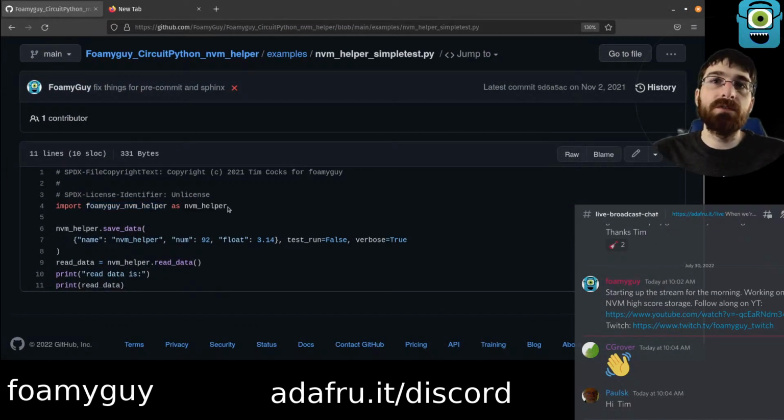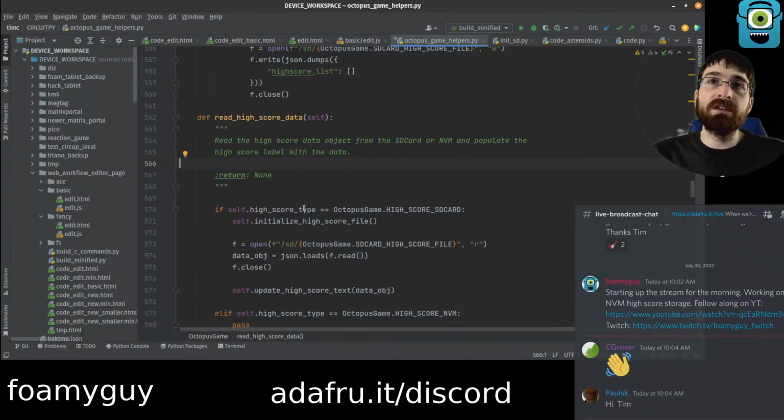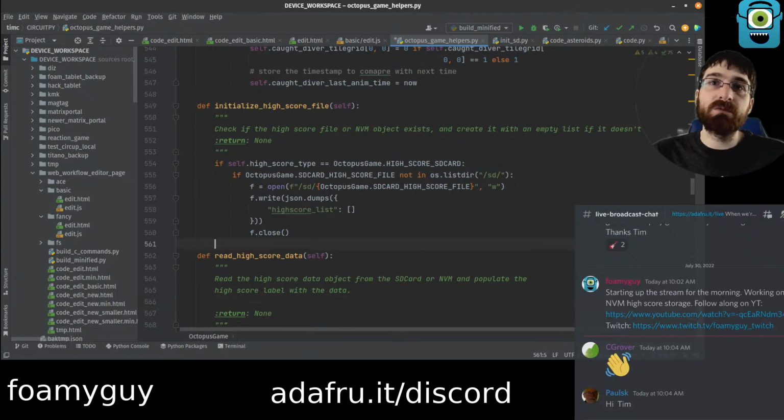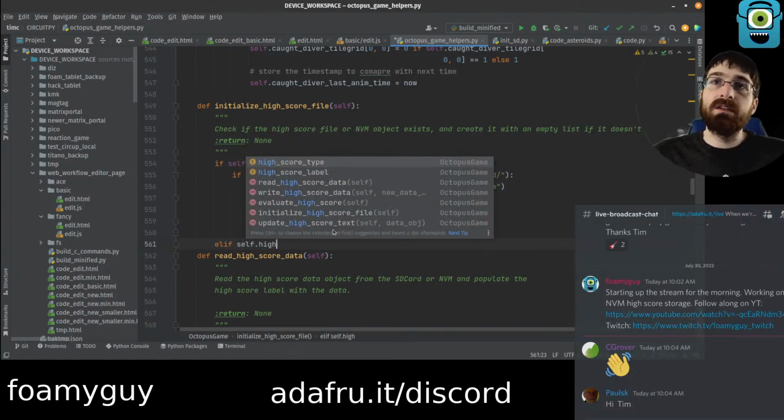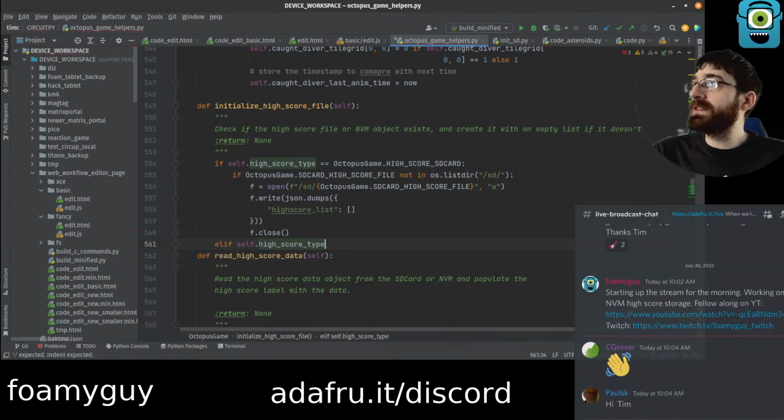Okay. I do recall it's nice and easy though, so we're just going to import it. We basically can call save data, load data. That's all we need as far as the interface with that. So in our initialize, we'll be saying elif high score type is